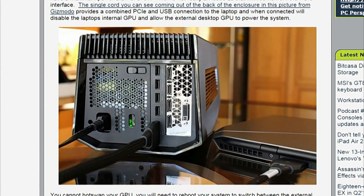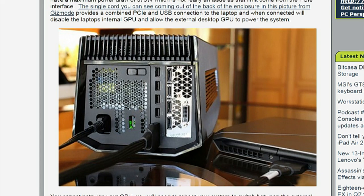Gizmodo tested it. They said the external GPU functioned perfectly when it was enabled, which is great news for those of us who have been hoping that PCI Express would eventually bring us a product such as this one. And Jeremy notes that if Dell pulled it off, surely other companies can pull it off, and hopefully it will become a thing for gaming laptops. And I think this suddenly makes gaming laptops a little more viable. Maybe not on the plane, right? But in the idea that,